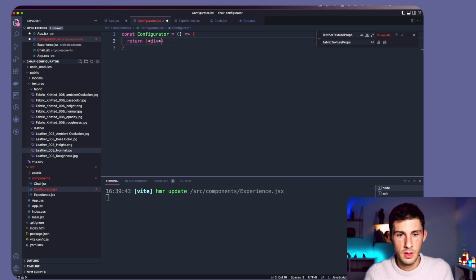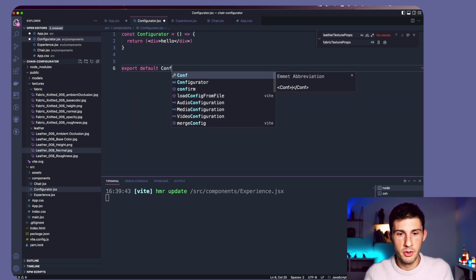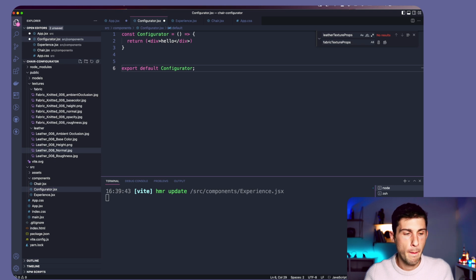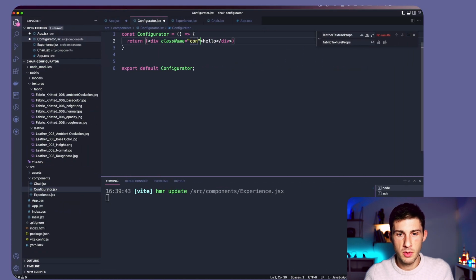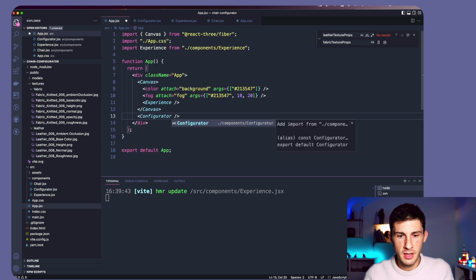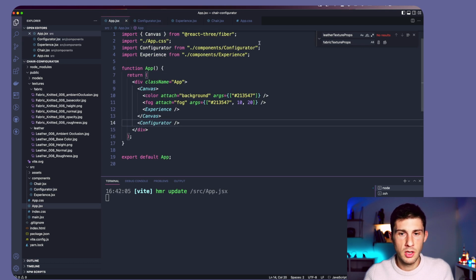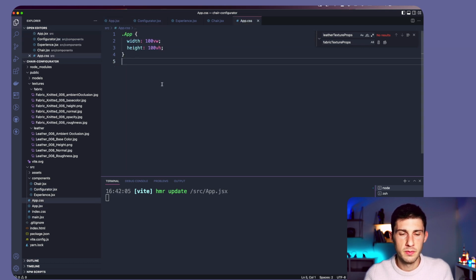Return hello, export default configurator, and add a class name configurator. Okay, now we can import it and we will do all the CSS here. That's why I was talking about the old way. So configurator